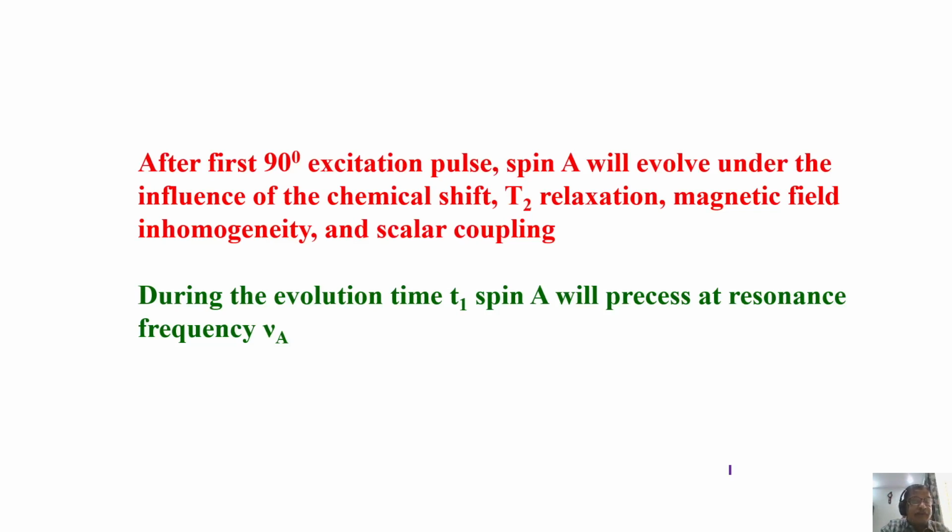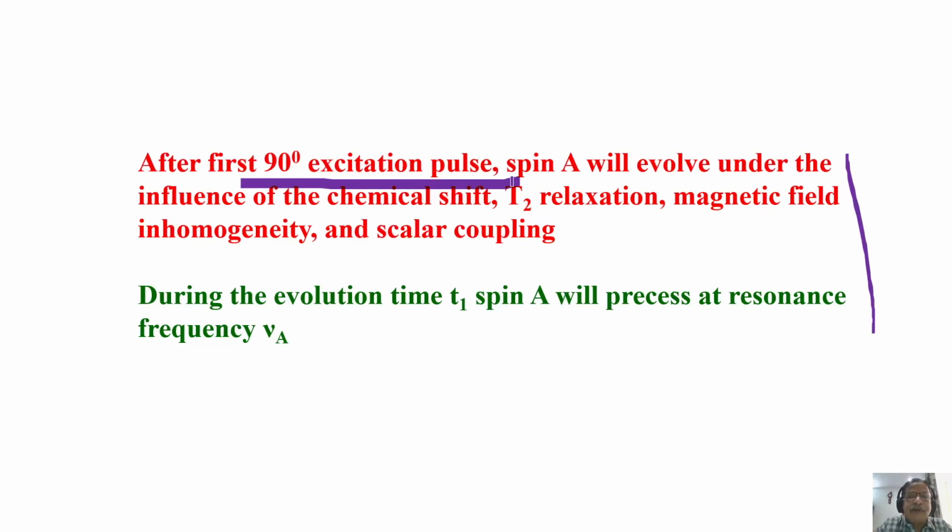This is not the final. Please remember, it is only a hand waving argument, some points to get the concepts clear for you. If you want to understand in detail what is happening, you must go to the mathematics. Let us not do that, and I'll give you conceptually what is happening. After the first 90-degree pulse, what happens? Let us say I have 2 spins coupled, A and X, weakly coupled. A will be a doublet, X will be a doublet. Each of them is a doublet because there is a J coupling. As I told you, J coupling is a requirement for COSY.